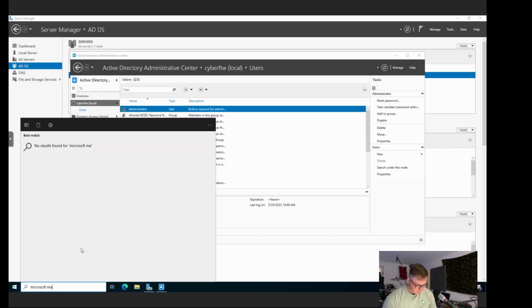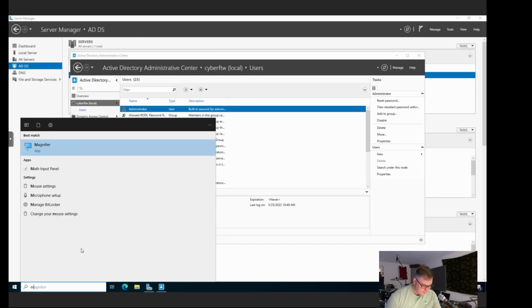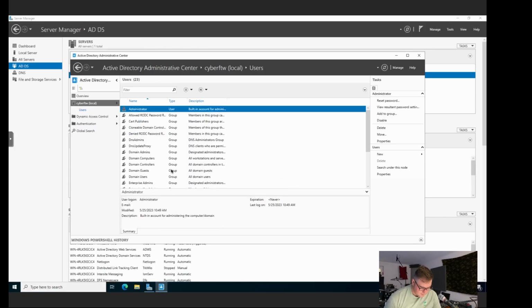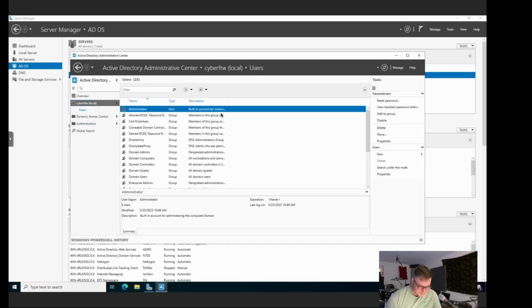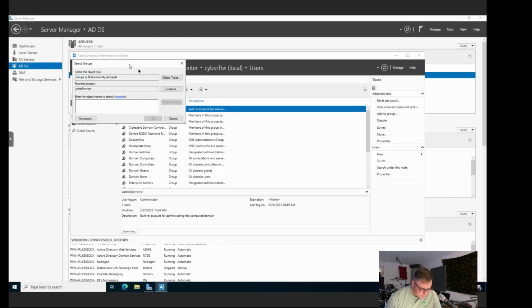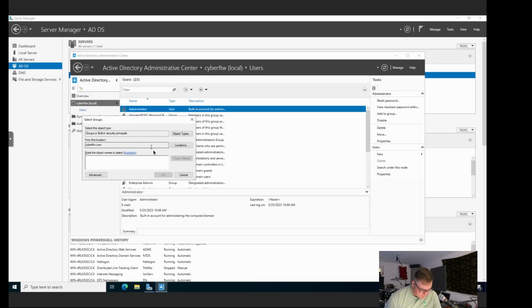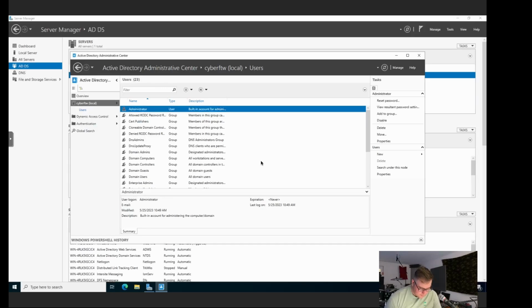Microsoft. What the heck? I know we need to. I want to add a user. Do we need access control? Let's see. Users. I should just be able to add a new user here. Add to group maybe? I don't want to add this whole thing to a group. Move. Weird. Okay. Well, once I figure out how to use this new Active Directory Administrative Center,